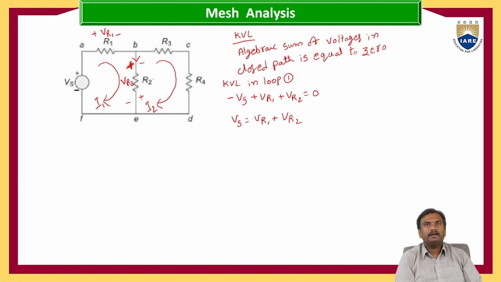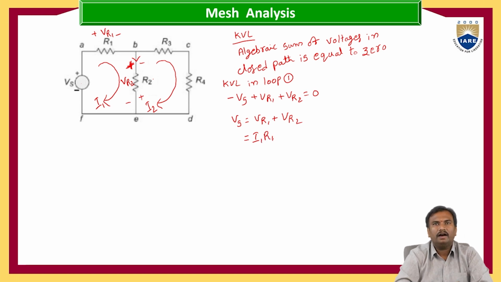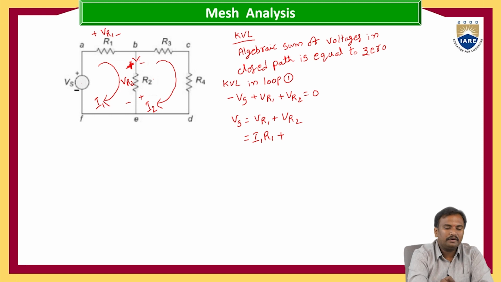When we take the voltage across the R1 resistance, according to Ohm's law, V is equal to IR. Here in the resistance R1, only I1 current is flowing through it. So VR1 is equal to I1 into R1. VR1 is equal to I1 into R1, plus VR2 is equal to, so in the R2 resistance,